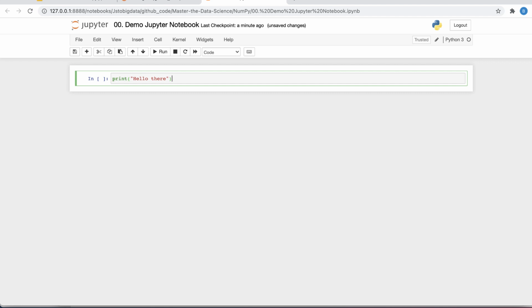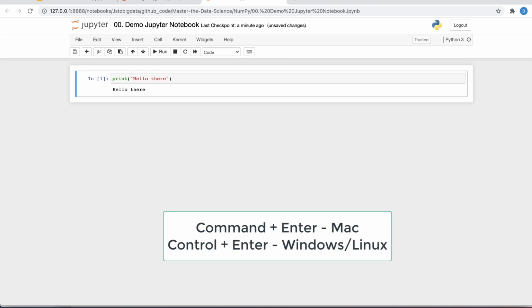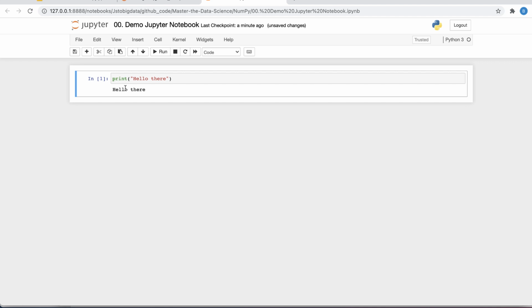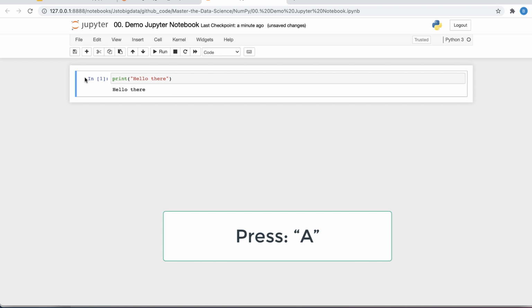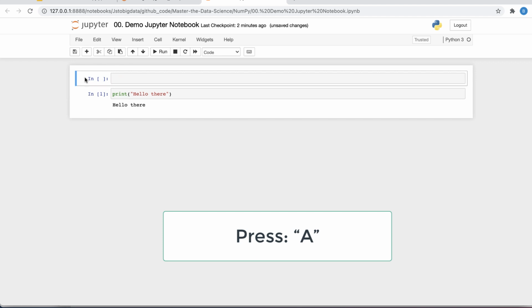So to run I will press Control Enter, or in Mac I will press Command Enter. So you can see that this is my output, which is hello there. Now I want to have a markdown cell right above this one. So to insert a new cell above this, I will press A.